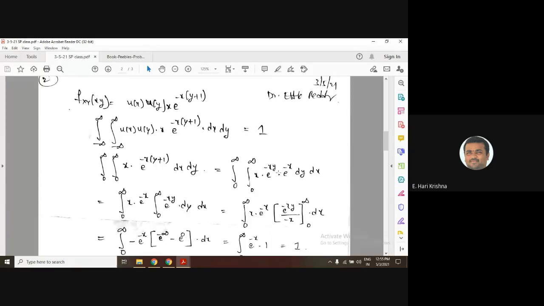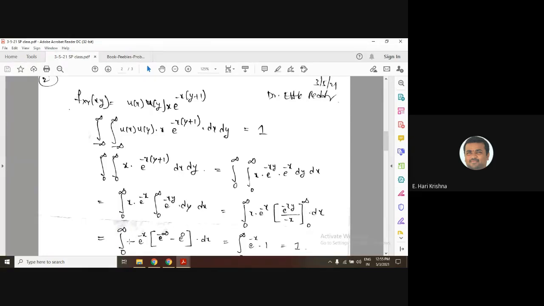So in a simple evaluation you can see it separated: e power minus xy multiplied by e power minus x, dy dx. I am doing the y integration first. The x values are there, I just kept them aside. x into e power minus x is a constant, then the integral of e power minus xy dy, then dx. The integration of e power minus xy is e power minus xy divided by minus x, because we are evaluating with reference to y, substituting the limits 0 to infinity, and dx.